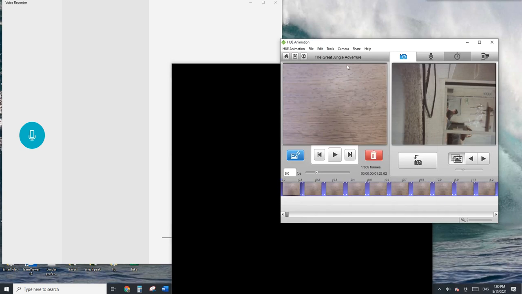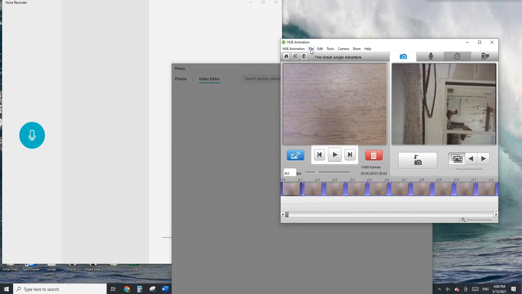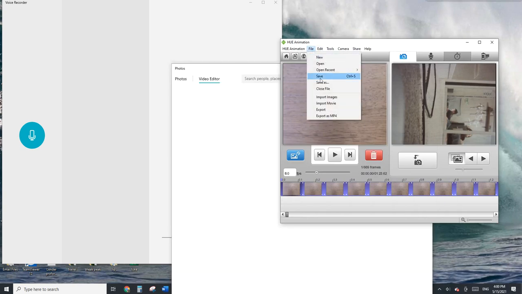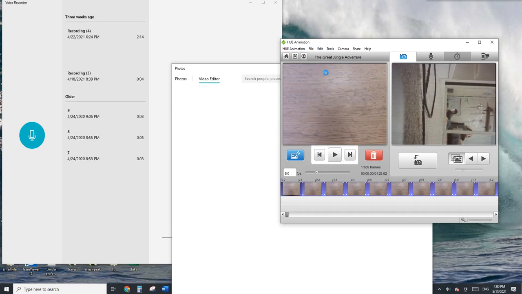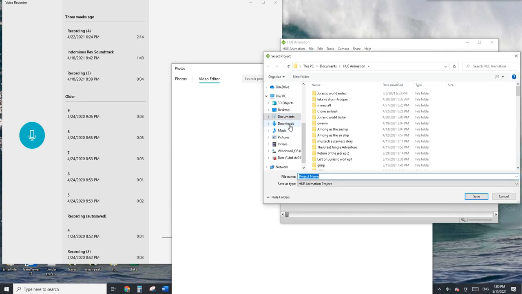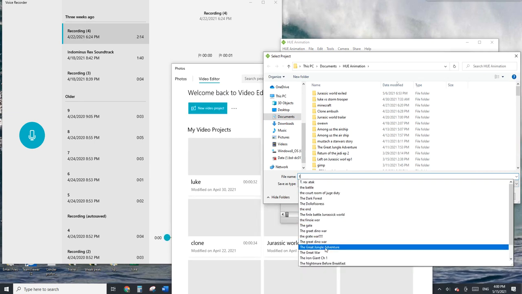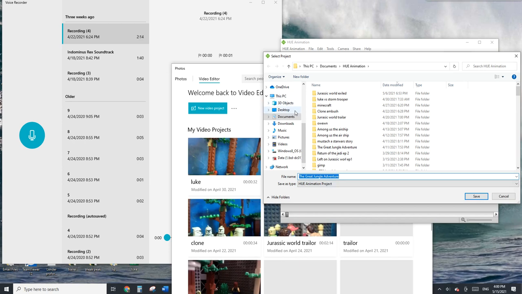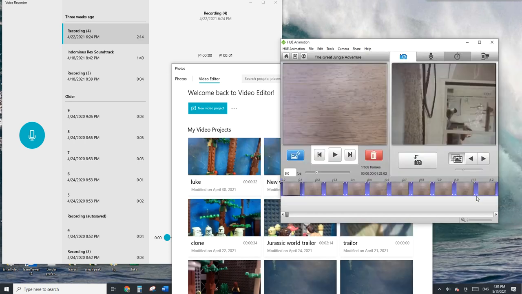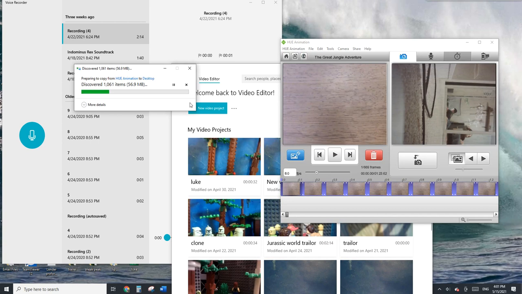So here's my Great Jungle Adventure. I have to do File, Save As. Then you do project name, The Great Jungle Adventure. And for me, I usually go to desktop, then do save. Then that's saving like that. So then you just have to wait for it to save, which sometimes takes a while, so I'm just going